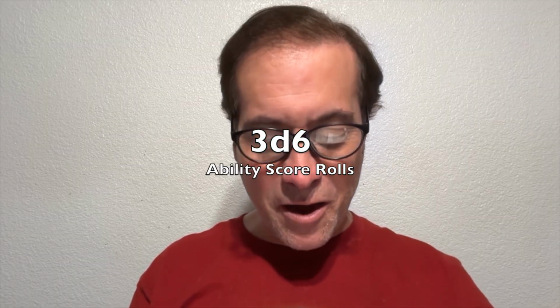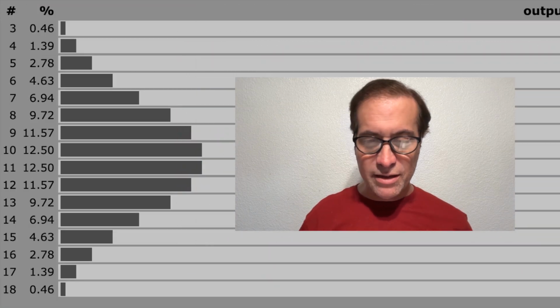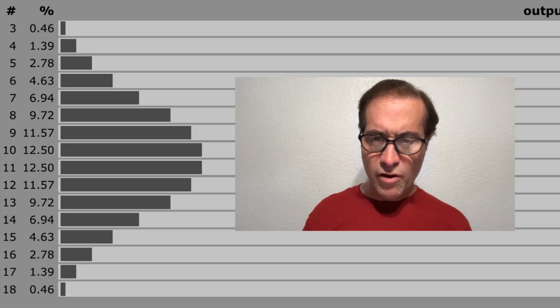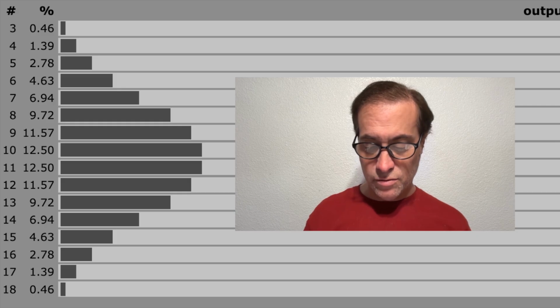Okay, so now let's go back to 3d6 that you roll your ability scores on, because now that we understand how d10s work, we can apply that knowledge to d6s and it will be clearer. Okay, so here's the table. As you can see, it's pretty interesting. If you roll 3d6s for ability scores like you did in old school D&D, where you just roll them down the line,